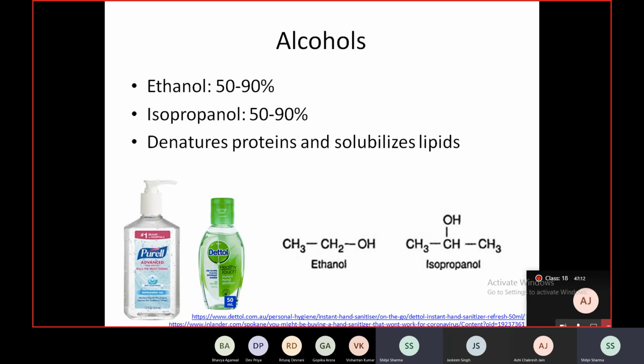And alcohols are also used as tinctures with other antiseptics. So we will talk about iodine tinctures in the next slides. One more advantage of alcohol, of course, is that it's inexpensive, and for disinfection, it has a broad range for killing vegetative microbes. But because of its high volatility, their effectiveness is only limited to just after application. I mean, it cannot be a long-term solution.